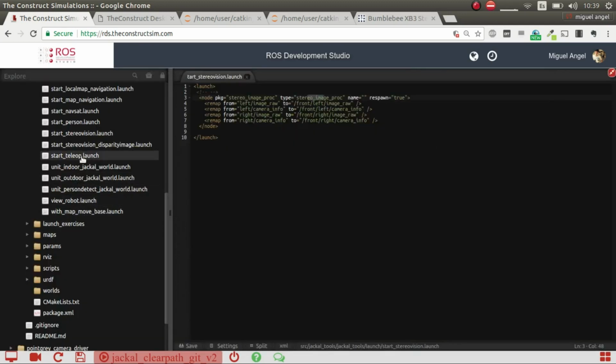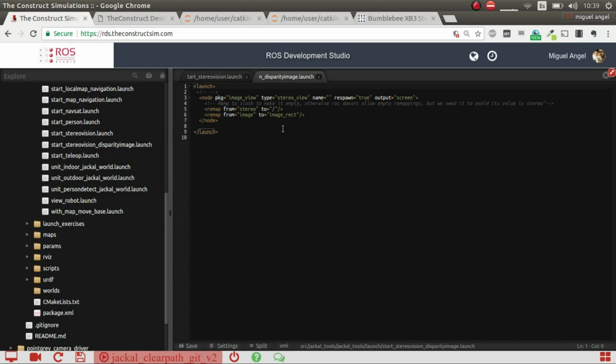If we go here, this is the other launch file that we're going to launch to see this topic and see this disparity image. Here it's also very simple: you need a type, so it's the package image view and the type is stereo view. You just set it like this, respawn true and output screen, that's standard. And the only thing that you need, and it's a bit tricky, is